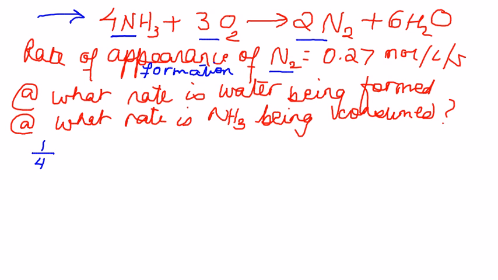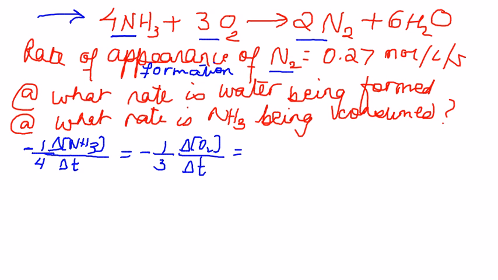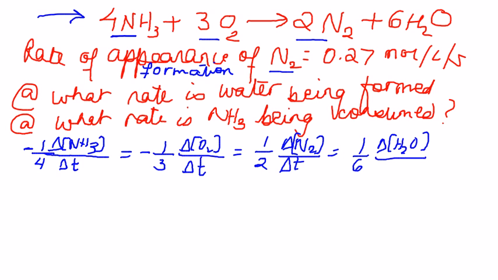1 over 4 delta ammonia, the change in concentration of ammonia, divided by delta T with a negative sign, of course, and the negative sign is because it's a reactant, is going to be equal to 1 over 3, again with a negative sign, delta oxygen over delta T, is going to be equal to 1 over 2 delta nitrogen over delta T, and this is going to go with a positive sign, which is also equivalent to 1 over 6 delta H2O divided by delta T. So if you really think about it,